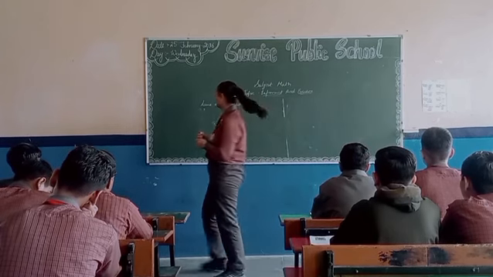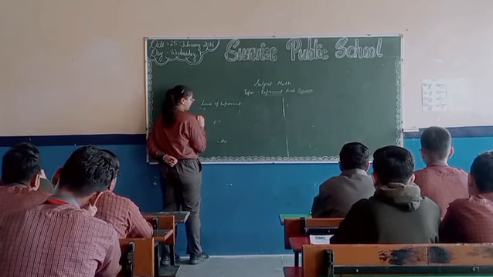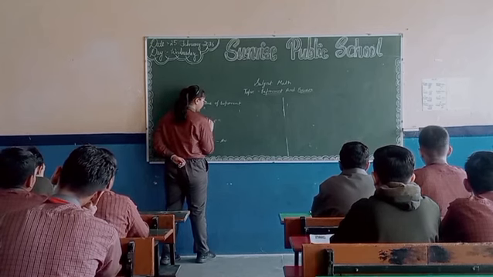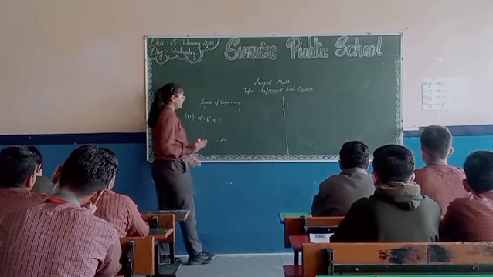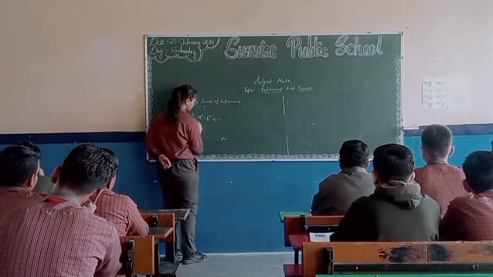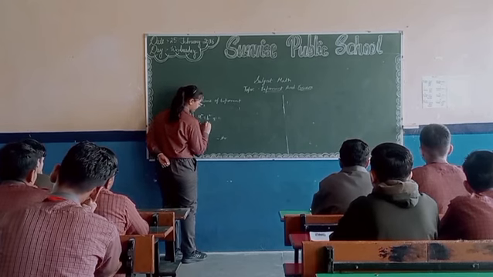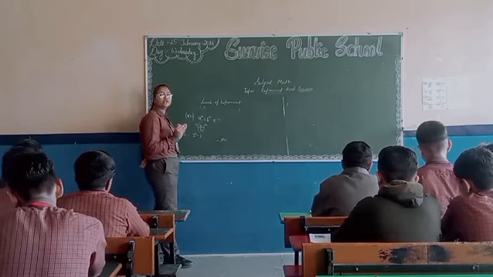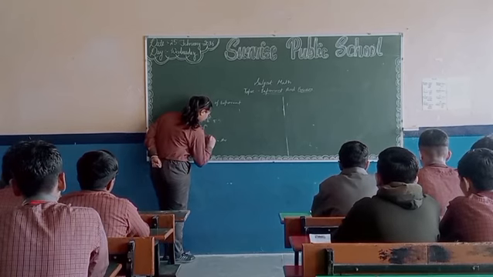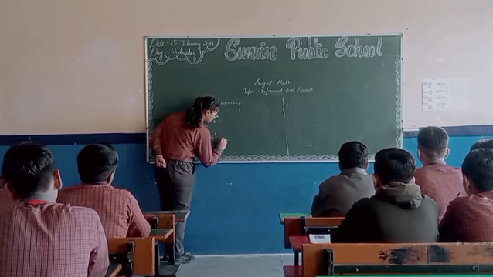Now about the seventh law. a raised to the power m divided by b raised to the power m. In between we can see the sign of division. It is a by b, the whole raised to the power m. Example: 2 raised to the power 3 divided by 3 raised to the power 3 is equal to 2 by 3, the whole raised to the power 3. We take the exponent common, that is 3, and that is the answer.